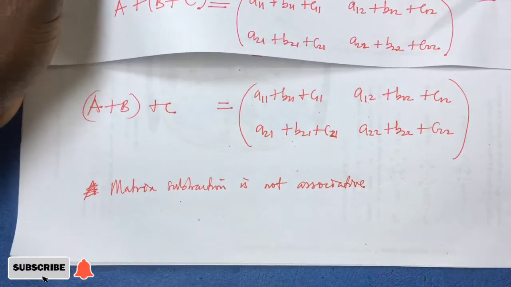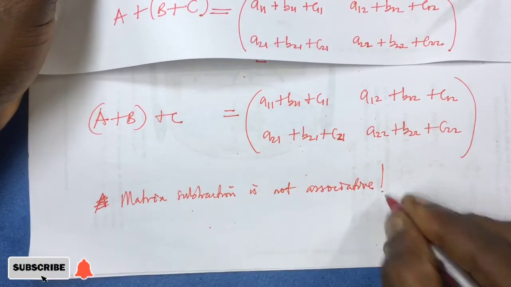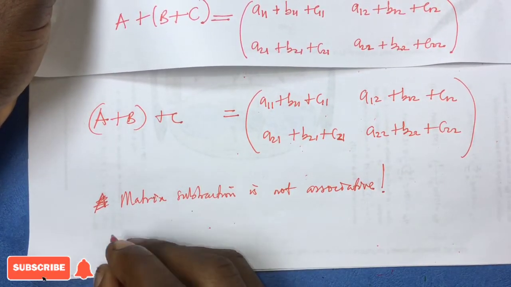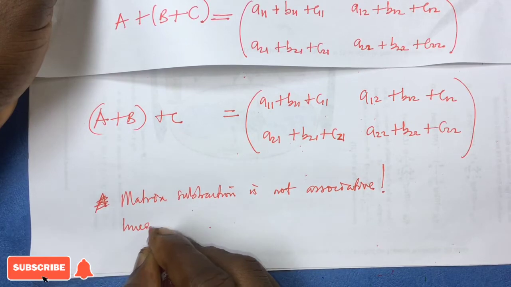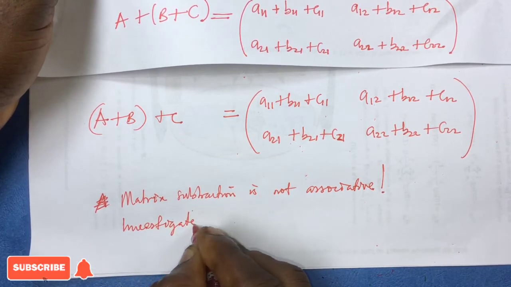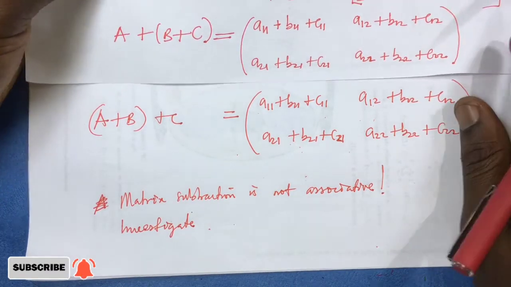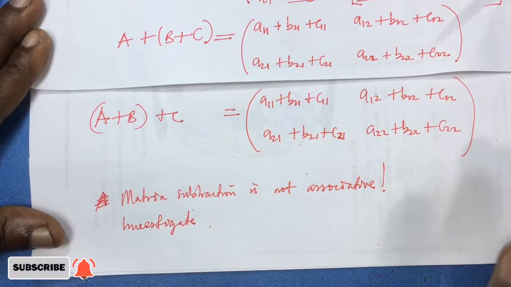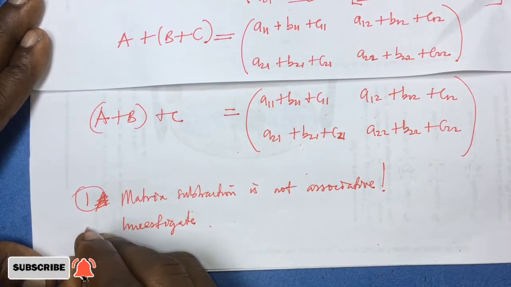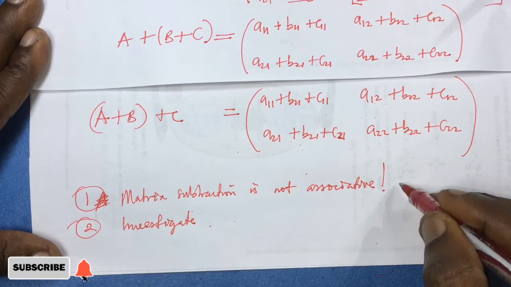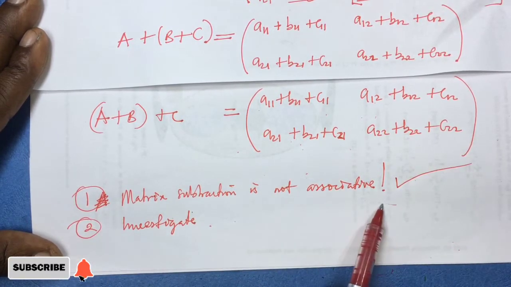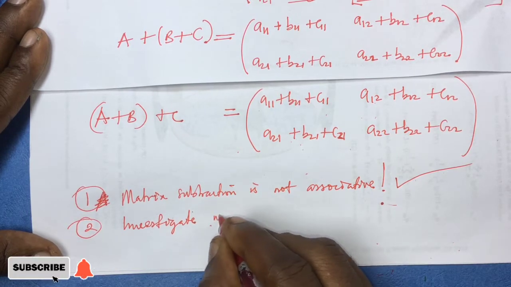So you try and find out that. Try this, then investigate. Try and investigate this and give me comments as feedback, okay? So I'm giving you as an exercise. Try finding out matrix subtraction is not associative. Then investigate whether or not